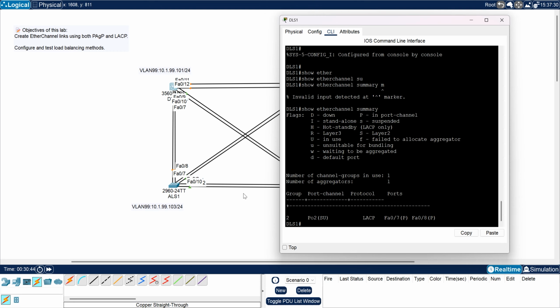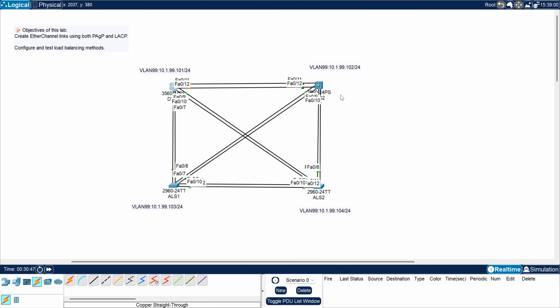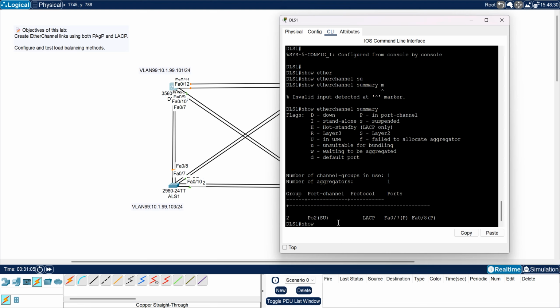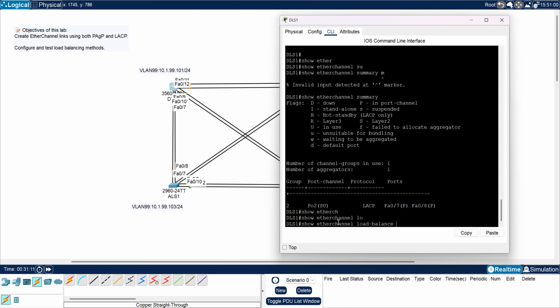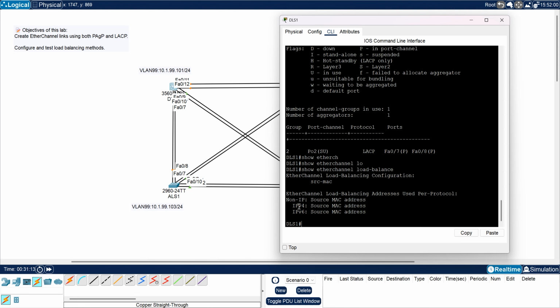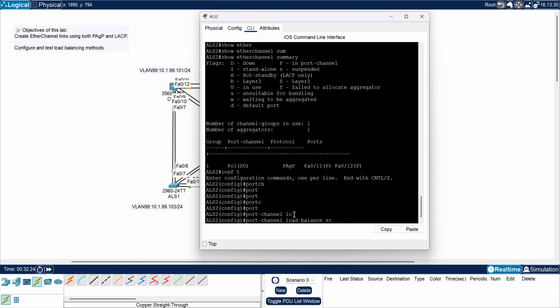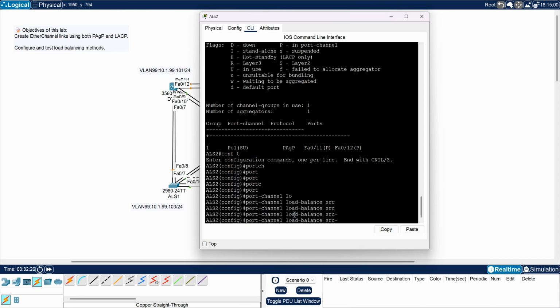Now let's talk about how traffic is distributed across EtherChannel links. By default, Catalyst switches use the source MAC address. Let's type this command, show etherchannel load-balance. Let's change that on ALS1 and ALS2 to use source and destination IP, which gives a better distribution in most networks. Let's open ALS2 and I type port-channel load-balance